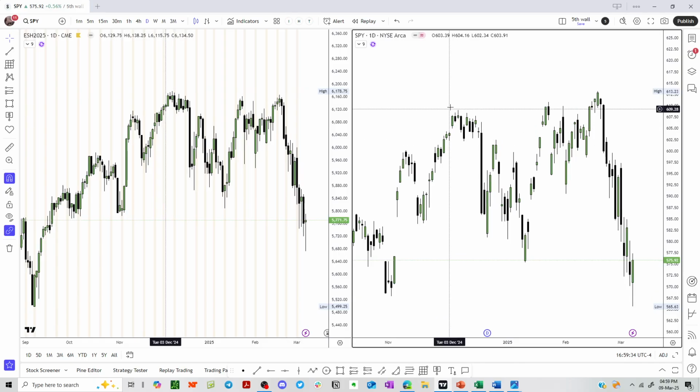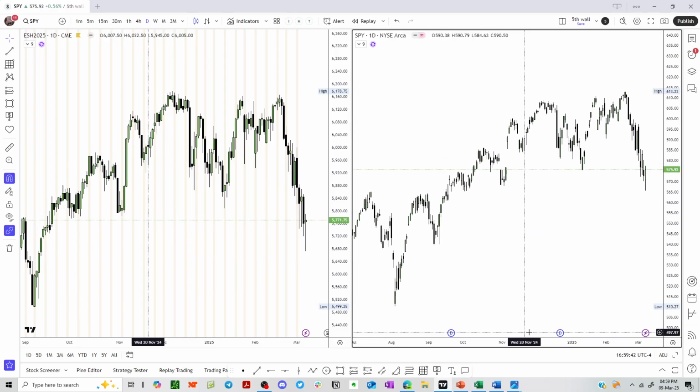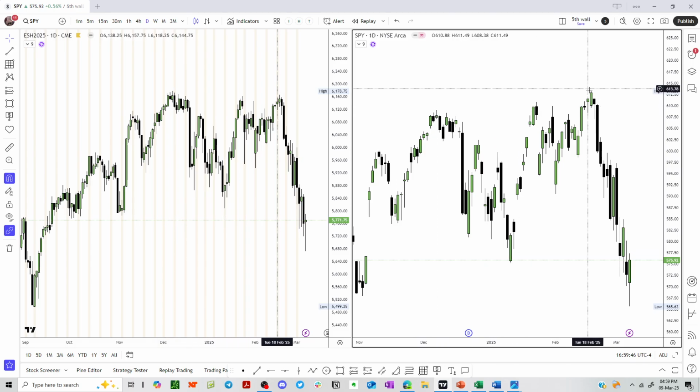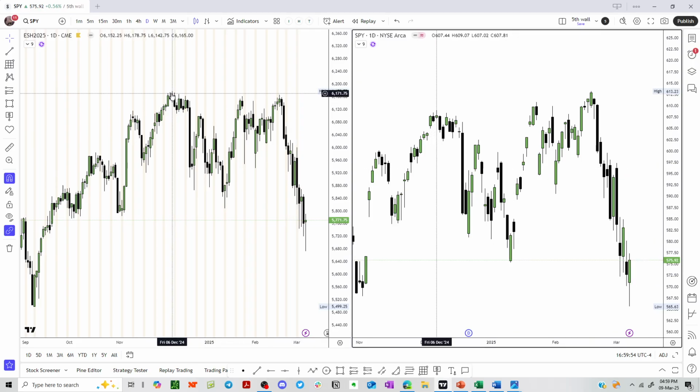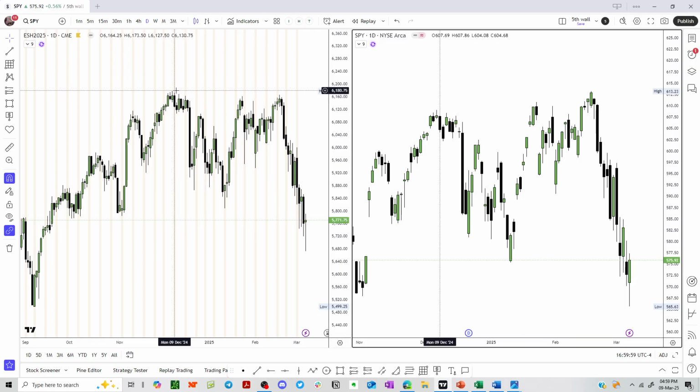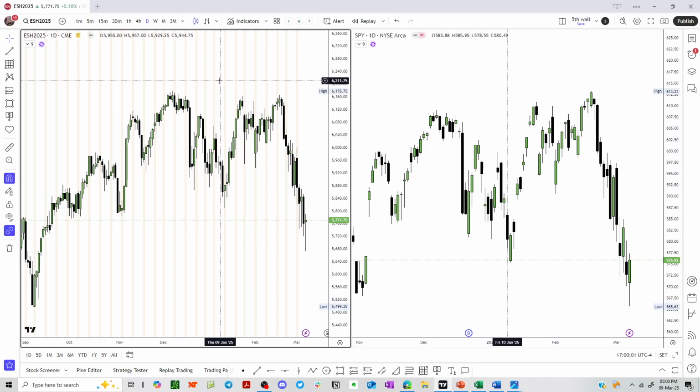So here you have this 3 drives pattern here. Kind of looks like 4 drives, but it's different. 3 drives pattern. 1, 2, 3. 3 drives pattern. Reversal pattern. It looked like it just bled out, right? Here we don't have that same. We don't have these higher highs being put in the market. All right. So in any case,